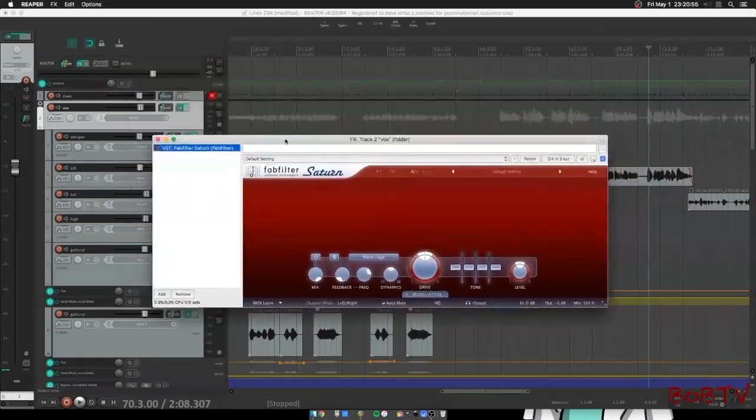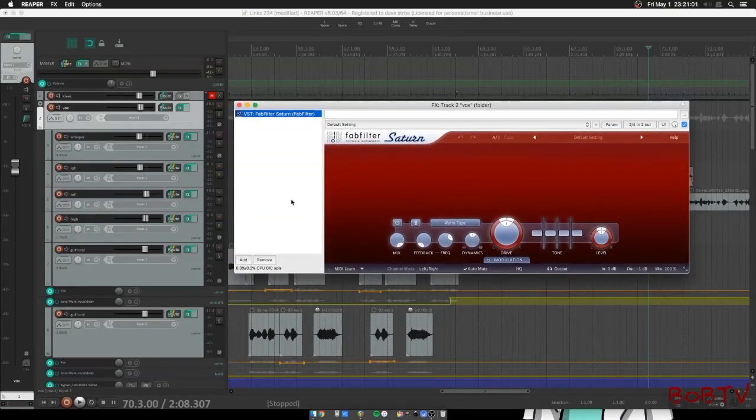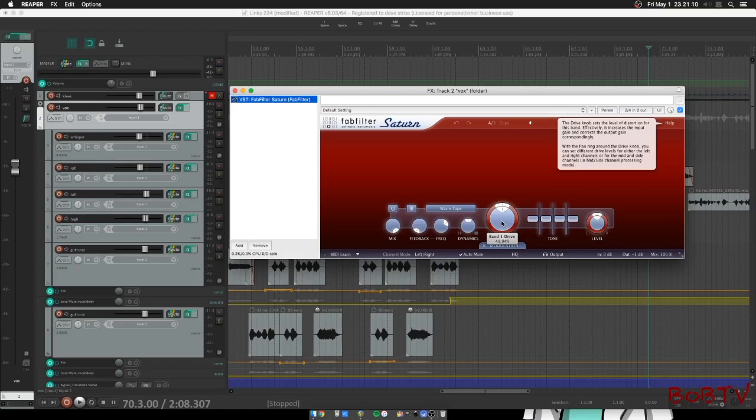And then this is another Fab Filter plugin that I really love. It's called Saturn. It's a saturator. Basically the same thing that I showed you on the bass, that harmonic exciter. I just found that this one works better for vocals. I use this on vocals, sometimes on drums. And so let's turn it off